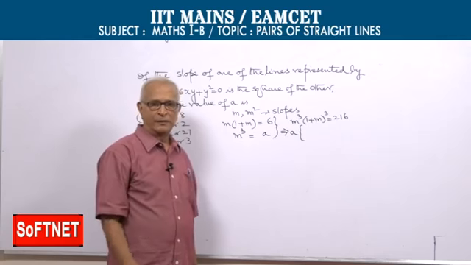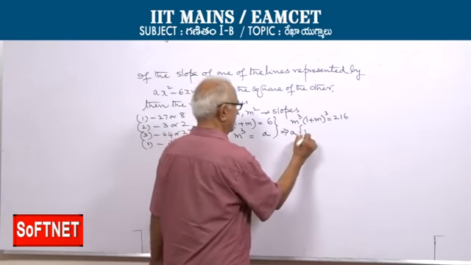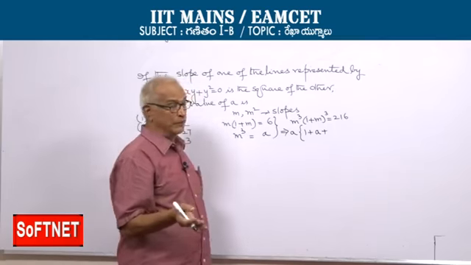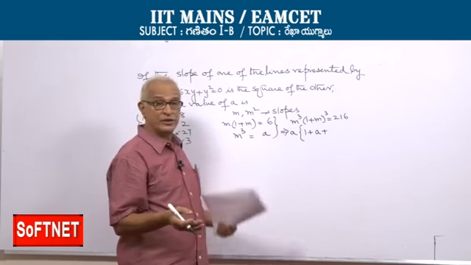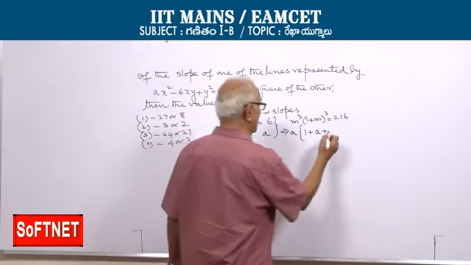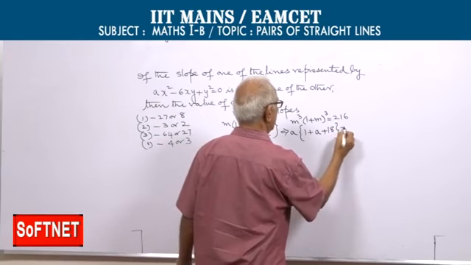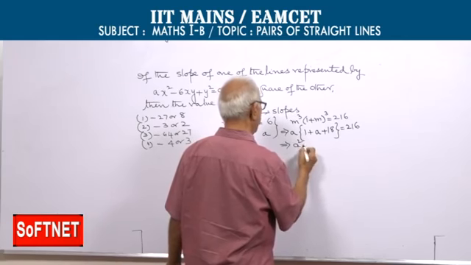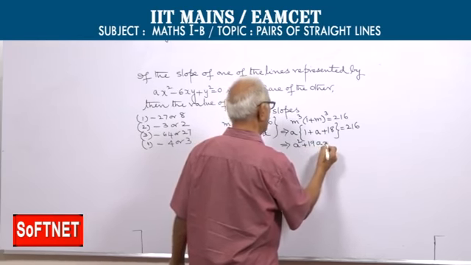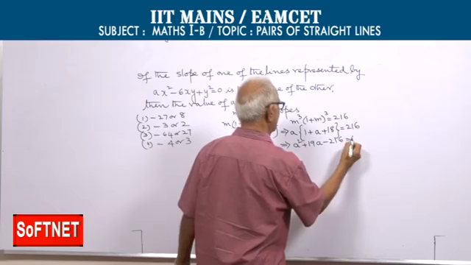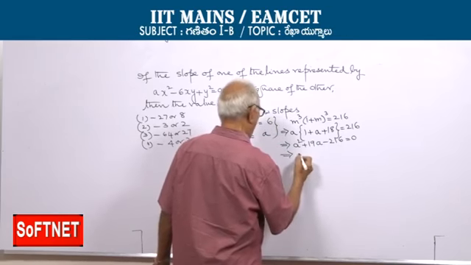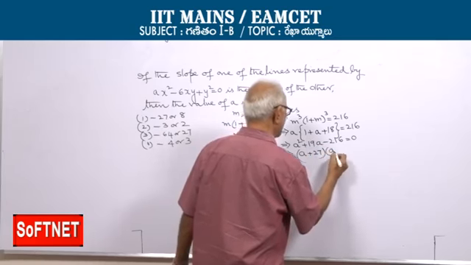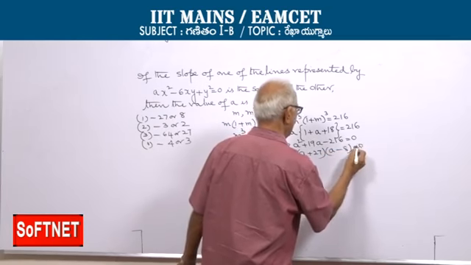1 plus m whole cubed, I write as 1 plus m cubed plus 3m into 1 plus m. m cubed is a, plus 3m into 1 plus m. m into 1 plus m is 6, so 3m into 1 plus m is 18. a into 1 plus a plus 18 is equal to 216. a square plus 19a minus 216 equal to 0. a plus 27, a minus 8 factors.